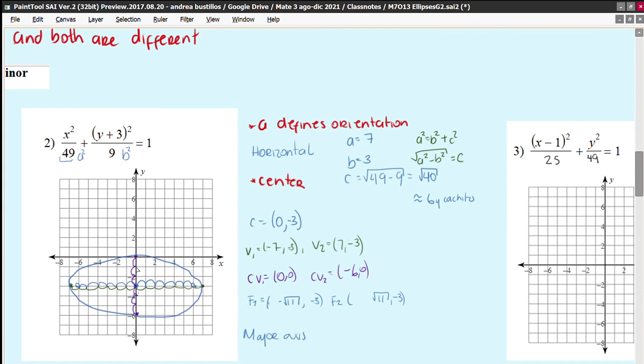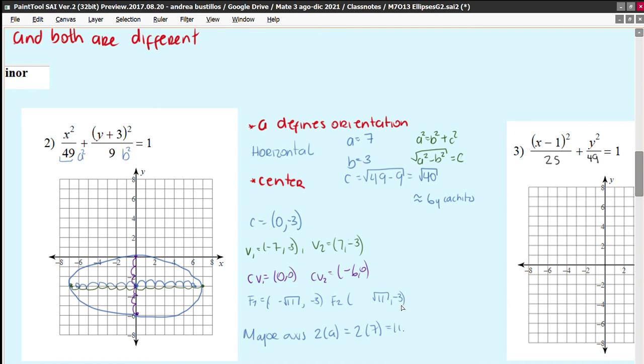The major axis is the distance from vertex to vertex. That is the bigger, the wider part of the ellipse. So if from vertex to center we have 7, obviously from vertex to vertex we're going to have 2 a's. That is, if from vertex to center this distance is a and this other distance is a, the distance from vertex to vertex is going to be 2a, and in this case this is 2 times 7,